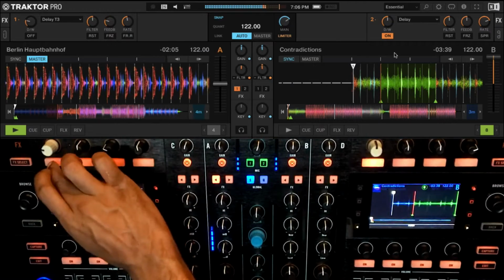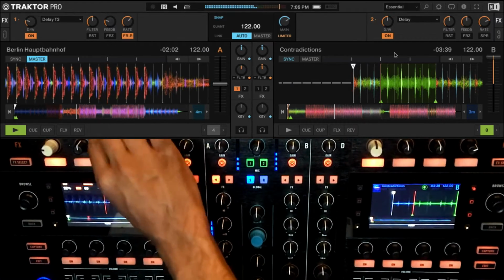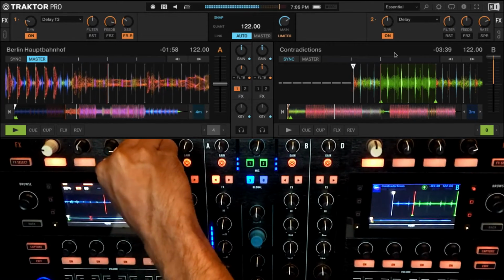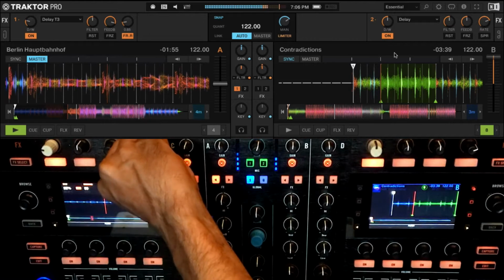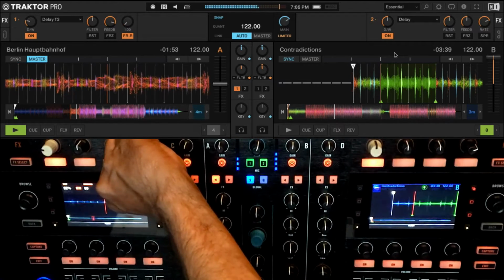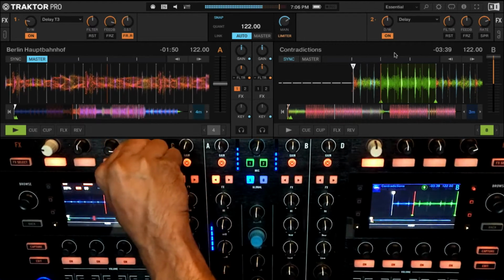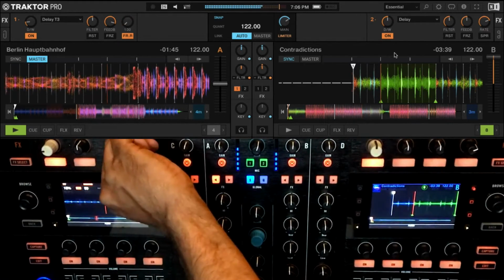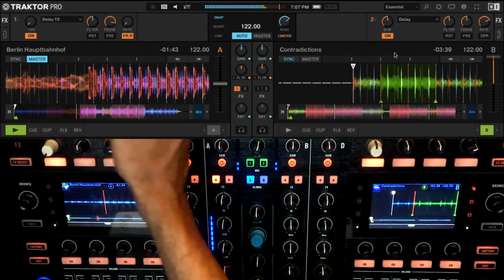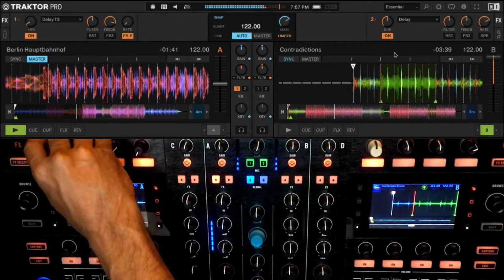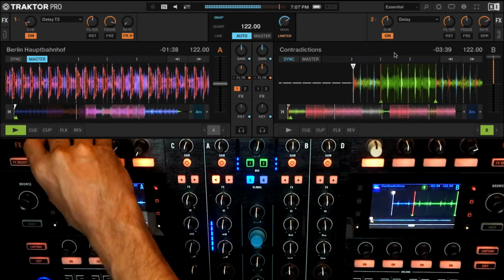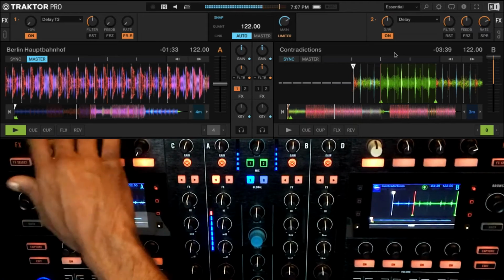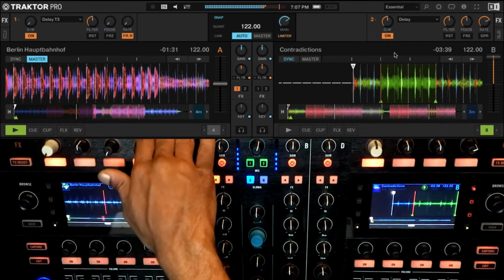Or I could even sort of go to free mode and play with my time to create these sort of effects. So that's going to sort of repeat because I have so much feedback. Okay. So that's the main difference between delay T3 and this other delay.